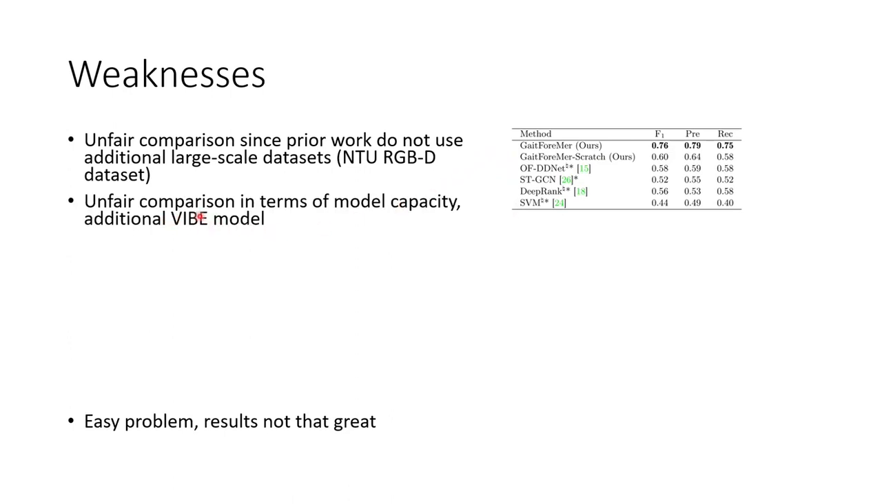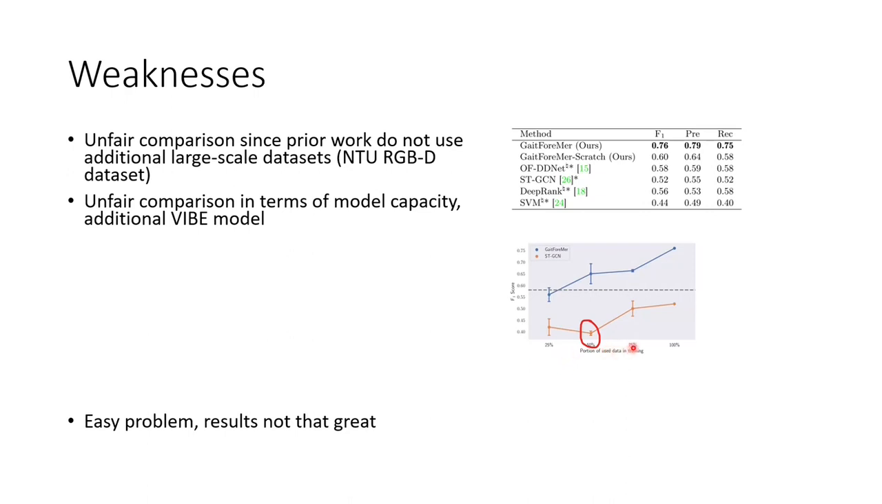Also in terms of model capacity, GaitForeMer is based on this ST-GCN, and we have seen that on top of it they have an additional decoder and also the VIBE model, which also adds additional capacity there. Then I am a bit skeptical about the reliability of the baseline,